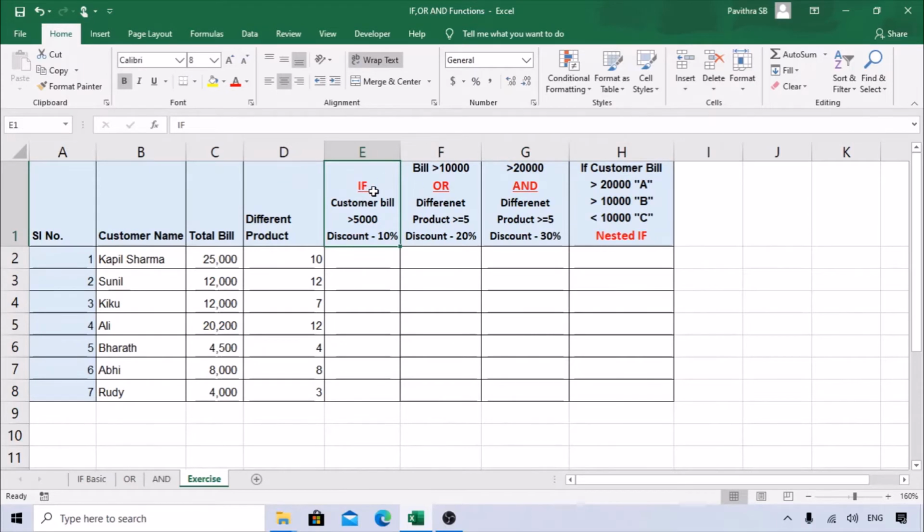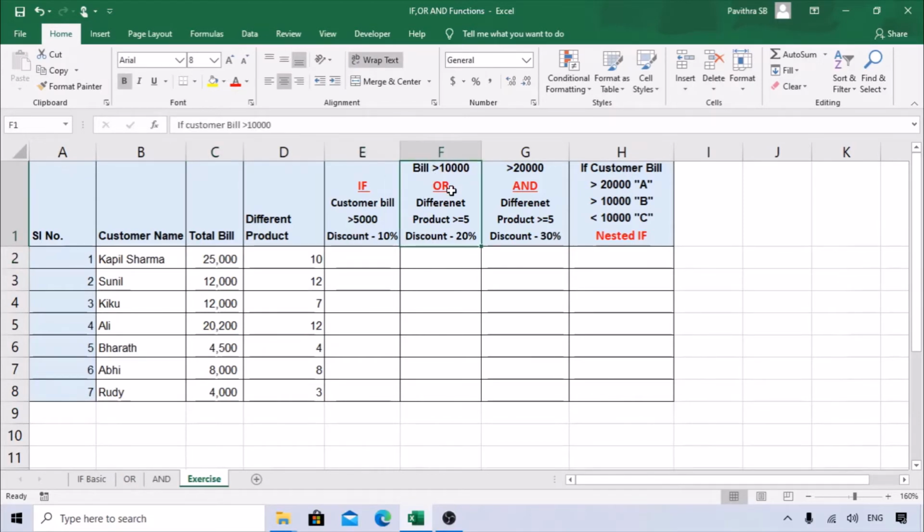So we need to use the IF function. Using IF, we need to get the data where the customer bill is greater than 5,000. Anything greater than 5,000 gets a 10% discount on the bill. So this person is at 25,000, so he will get a 10% discount here.